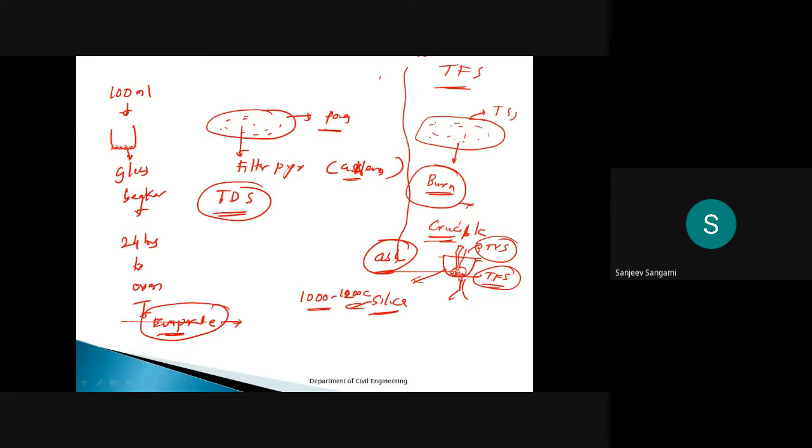Now in the overall classification, we have total suspended solids, total fixed solids, total dissolved solids, and total colloidal solids. Of course, total colloidal solids is very difficult to perform in the laboratory, as it requires specialized equipment. So we'll neglect this, but you assume that total colloidal solids will also be there. Except for settleable solids, the unit of all these is milligram per liter. So this is overall about the solids experiment.